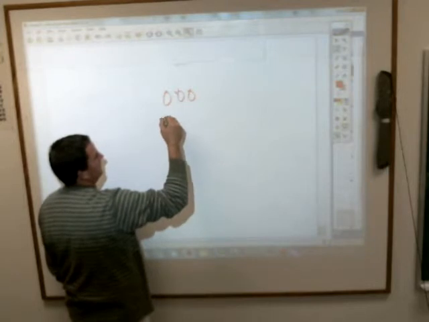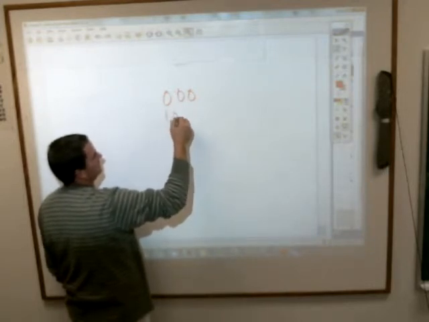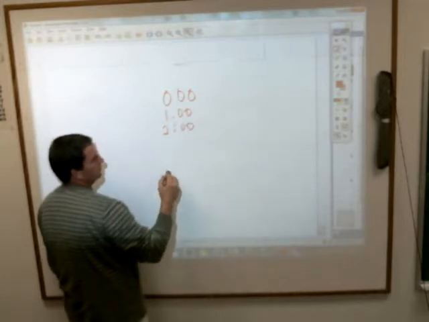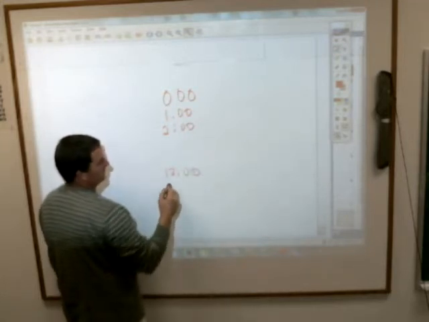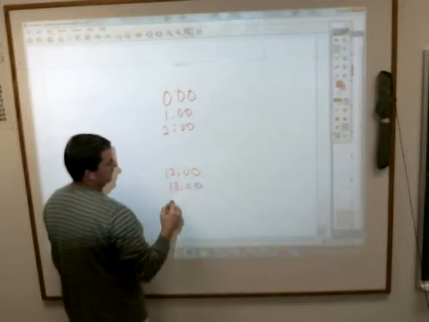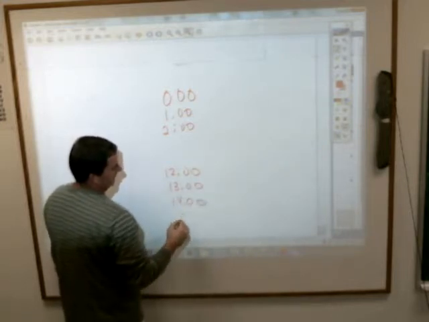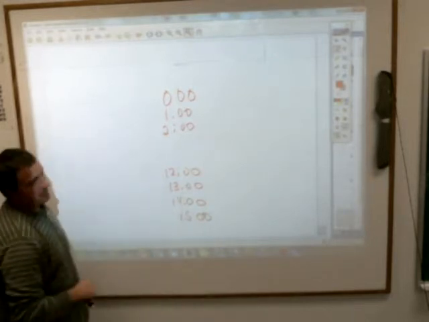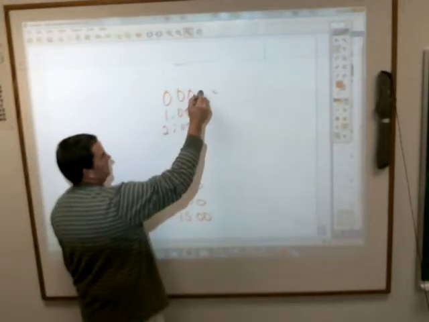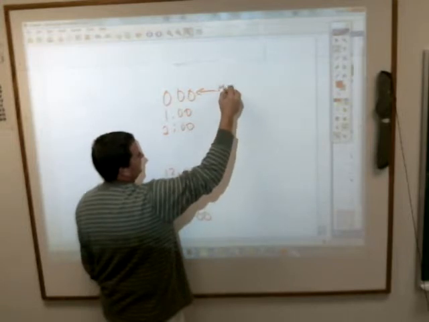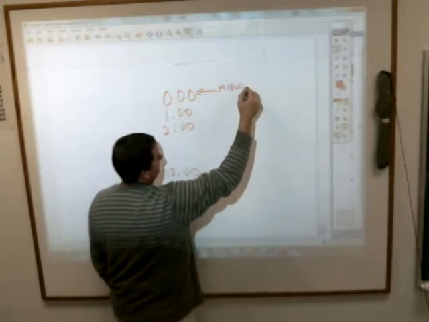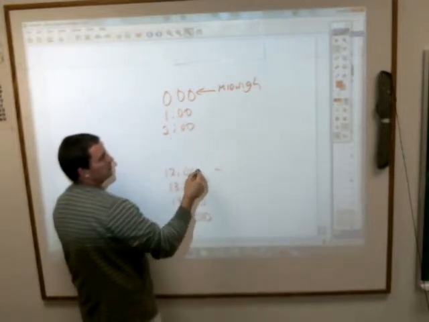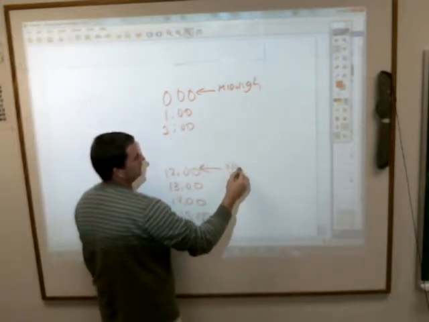It's 0100 hours, they call it, and then 0200, 0300. And they go all the way to 1,200 hours, and then you have 1,300 hours and 1,400 hours. You can set your watches to military time. Basically the gist is this: this is midnight, this is 1 o'clock in the morning, 2 o'clock in the morning. 1,200 hours is noon.